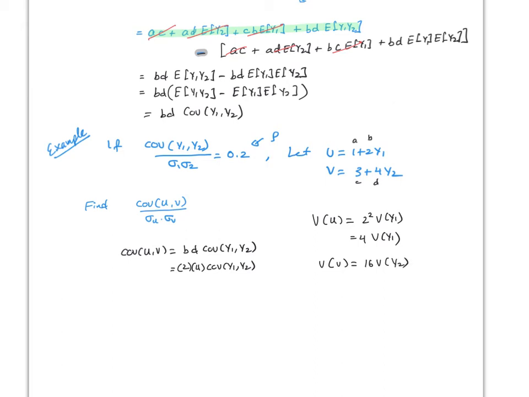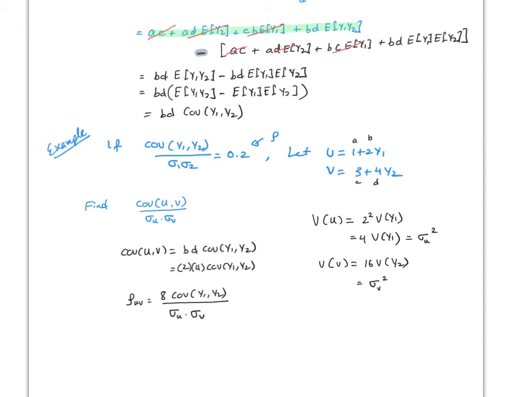I'm just going to call this sigma b squared, and this one sigma u squared. So therefore the correlation between u and b is going to be the covariance between u and b, divided by the standard deviations, which will be sigma u times sigma b,